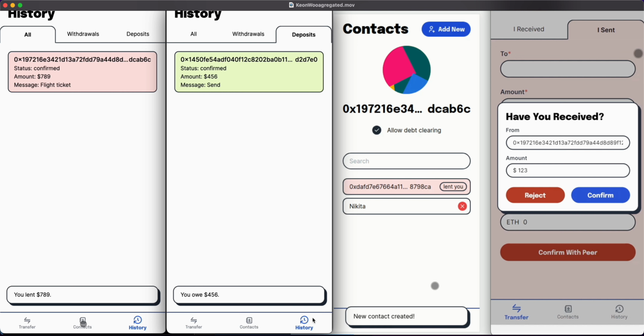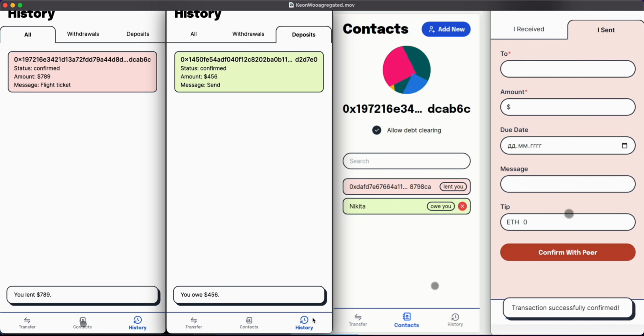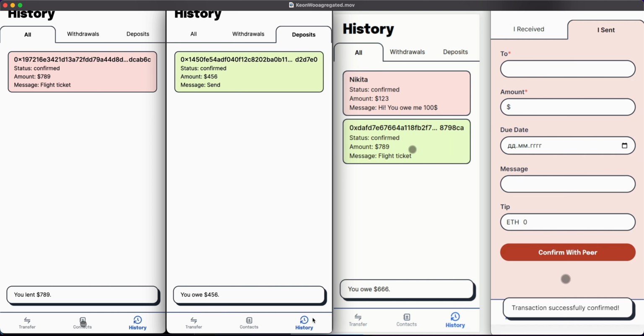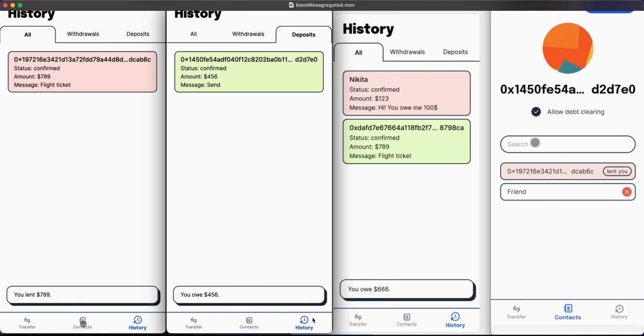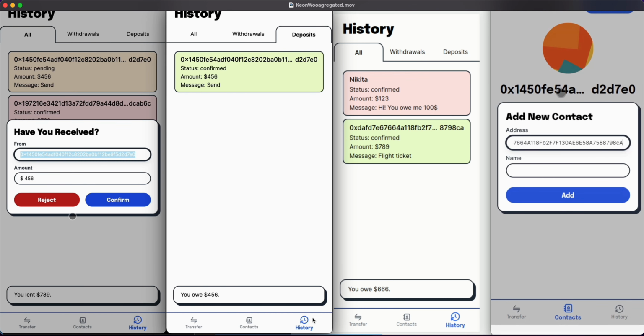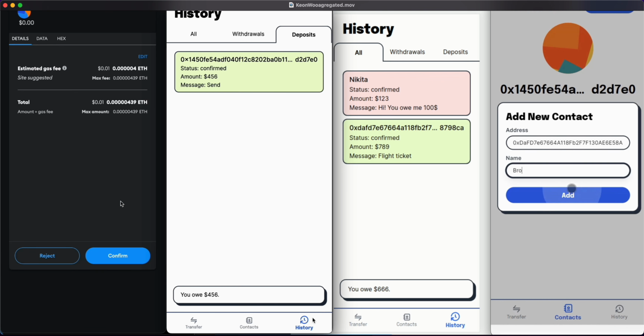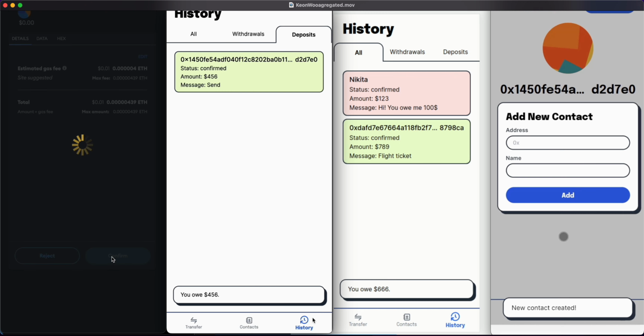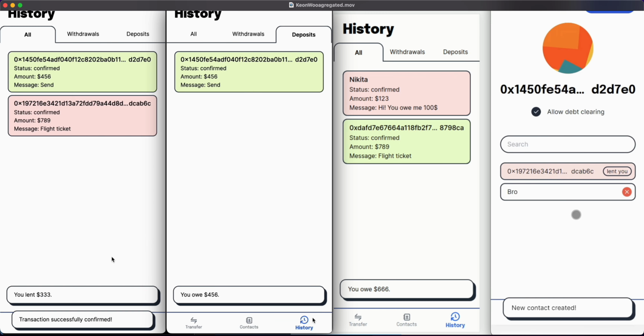When I described the debt borrowing process of us three, maybe you could have noticed that there is a circuit, a debt chain, and if we all agree, then we actually can free ourselves from some amount of debt. In the UI, we will have a feature for this. So let's wait a bit until all the confirmations happen.